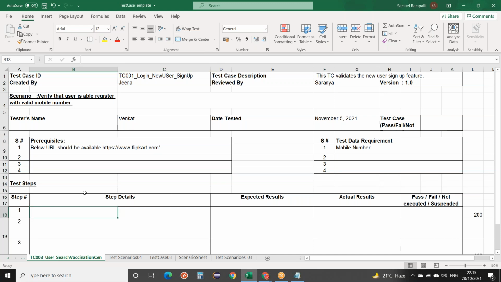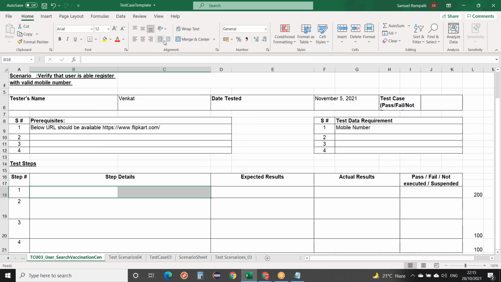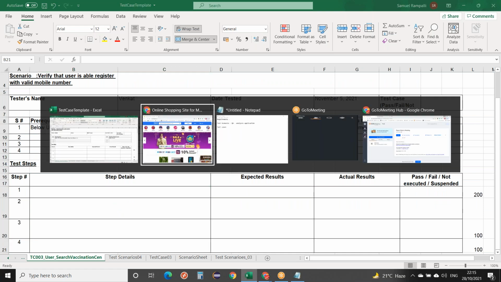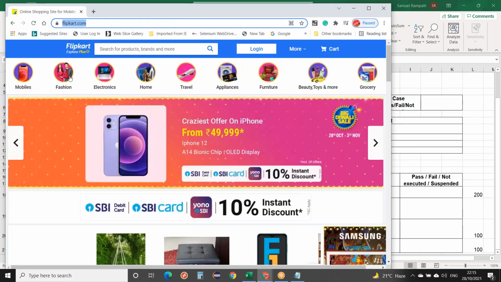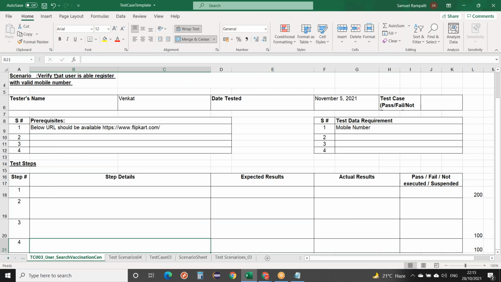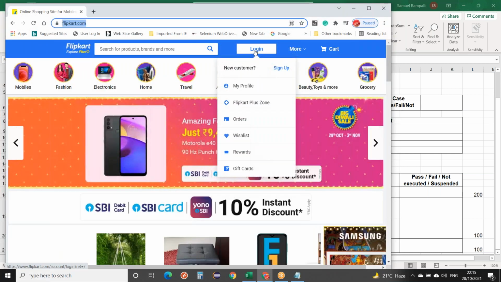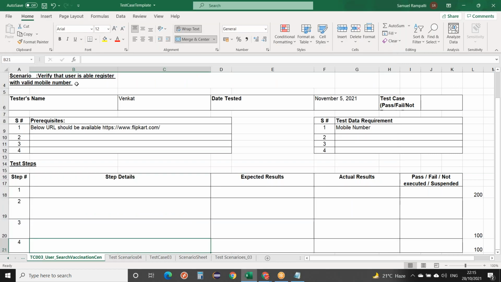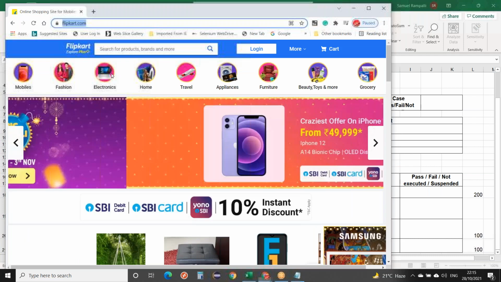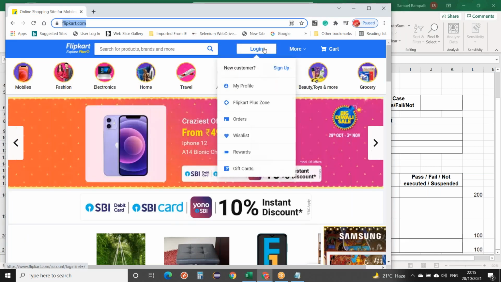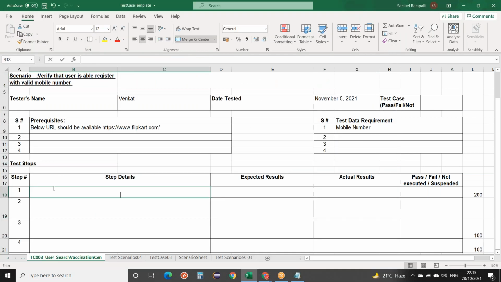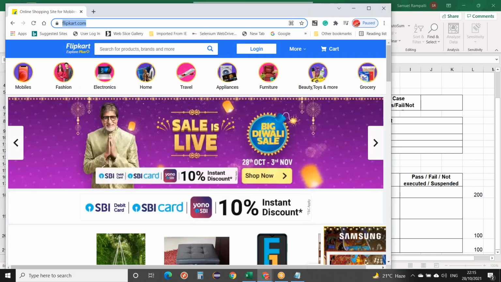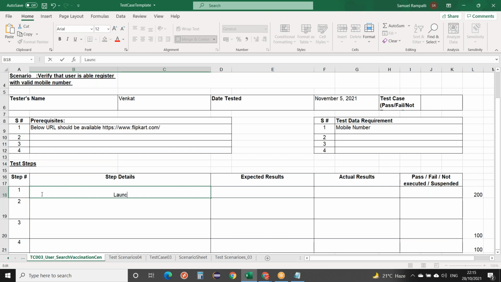Again, what are the steps, guys? The steps are step-by-step instructions you will give about the scenario to test. So, verify that the user is able to register with a valid mobile number. For that, step one is launch the URL.